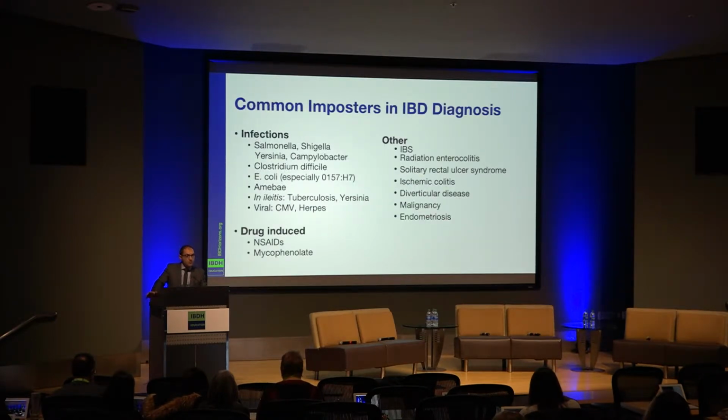Now, what looks like IBD is what we need to rule out, and these are the conditions that we commonly talk about. If a patient has bloody diarrhea for over 3 weeks, especially over 6 weeks, you can rest assured that it's unlikely to be an infection unless there's an underlying significant immune deficiency, such as HIV or congenital immune deficiency. And then we have to think about other differentials, NSAIDs, drugs, for example, transplant patients on mycophenolate or MMF. And then